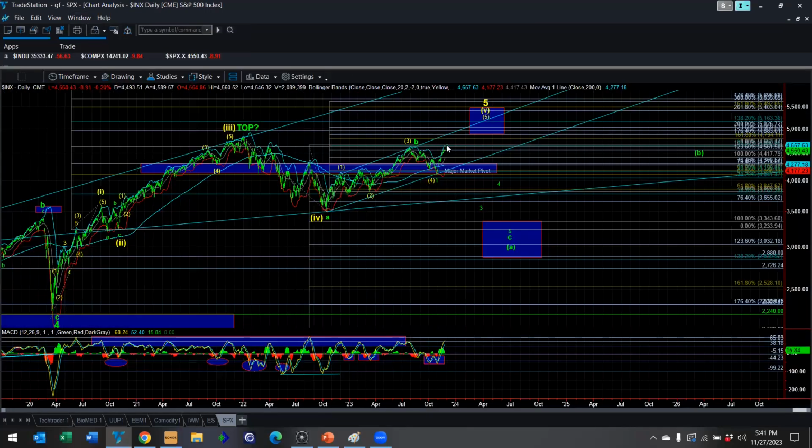So if we stay below 46.07, break down below 44.80, and that breakdown is a 5-wave structure, that's telling me that we're starting wave 3 down in the green. And that's going to target, like I said, 3,500 to about 3,700 on the S&P. You'll then get a corrective bounce in wave 4, and then you'll come down to complete that 5-wave structure, to complete your first segment of the bear market move down into the 2,900 to